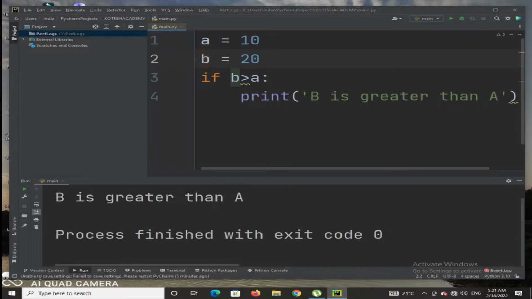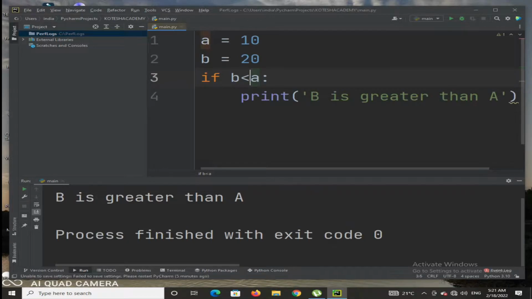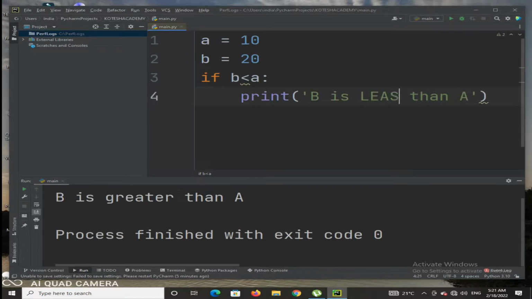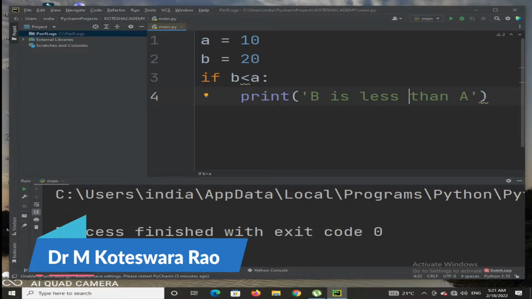Sometimes you may write the less than function instead, and this one is greater than. Based on that function you have to write b is less than a. In that case you are not getting any result. So there are many operators here. You can take a less than b, and then you can write